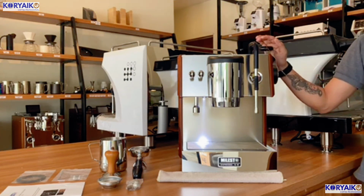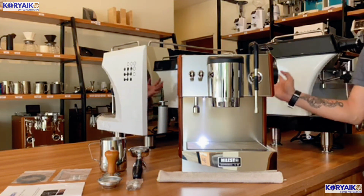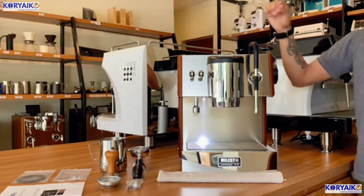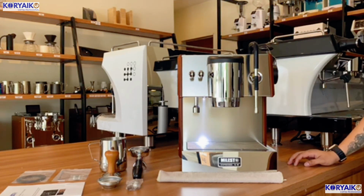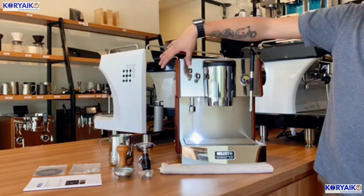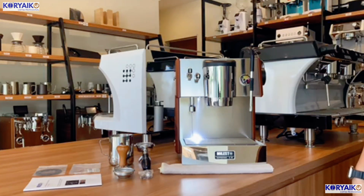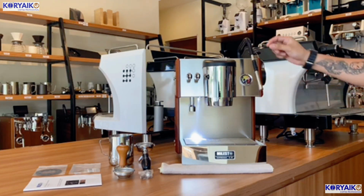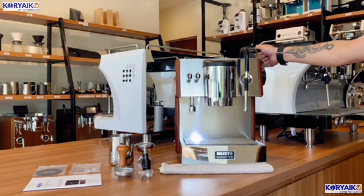It is advisable to plug it into your main outlet to avoid short circuits. Its water reservoir is a water tank type, and its water tank has a capacity of 3 liters. The frontal display has the hot water lever where you can get the hot water, extraction lever where you can brew the coffee, steaming wand that has a 360 degree rotation, steam tip that has 3 holes, steaming lever for steaming,